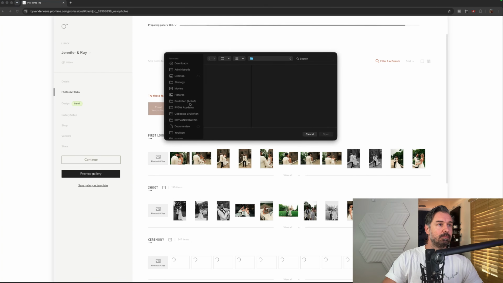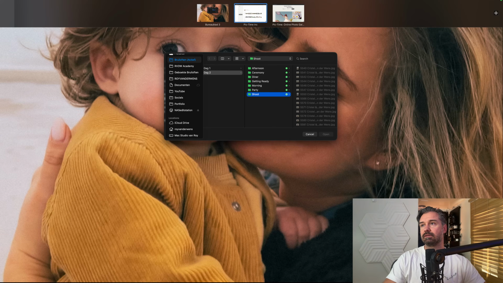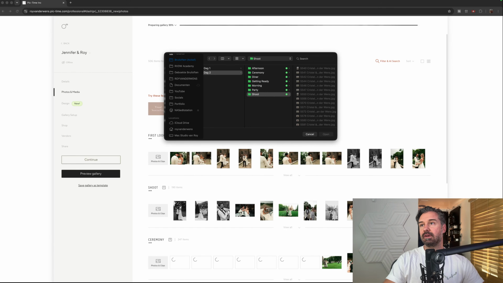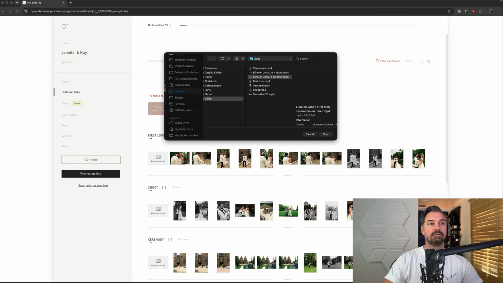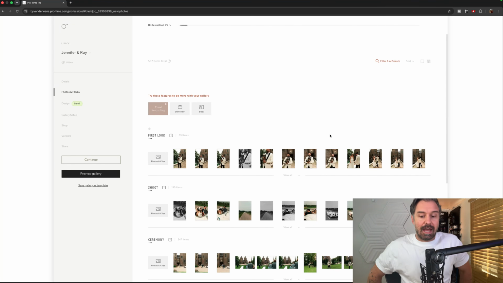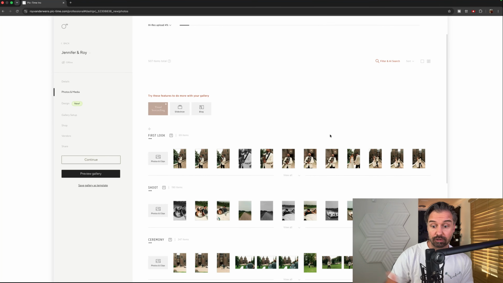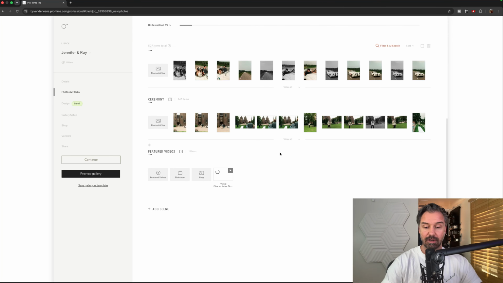I'll put it in there. Now I can upload. Let me check some video. First, I'm gonna check here for some video. Throw in here some video. Yep. Open. So I've chosen a small video. It's gonna upload, because I'd rather use an external URL so I get my YouTube views from the video instead of uploading it. If my whole wedding video is in this gallery, I won't have the views I would have on YouTube. So I think that's very important.